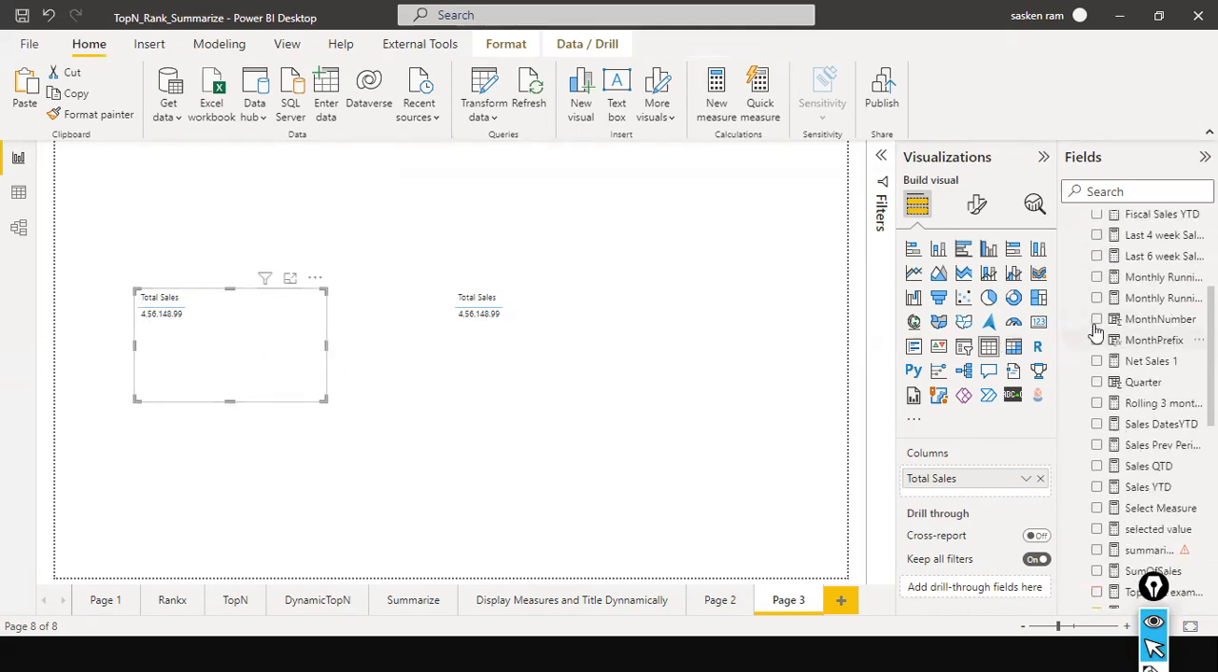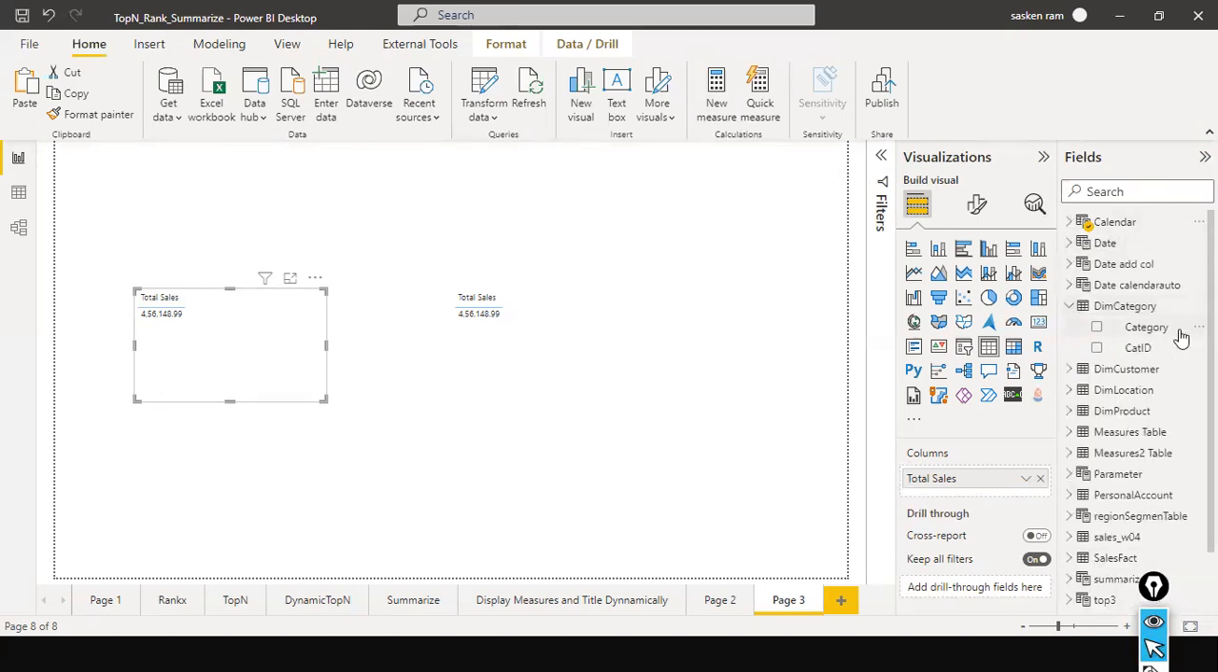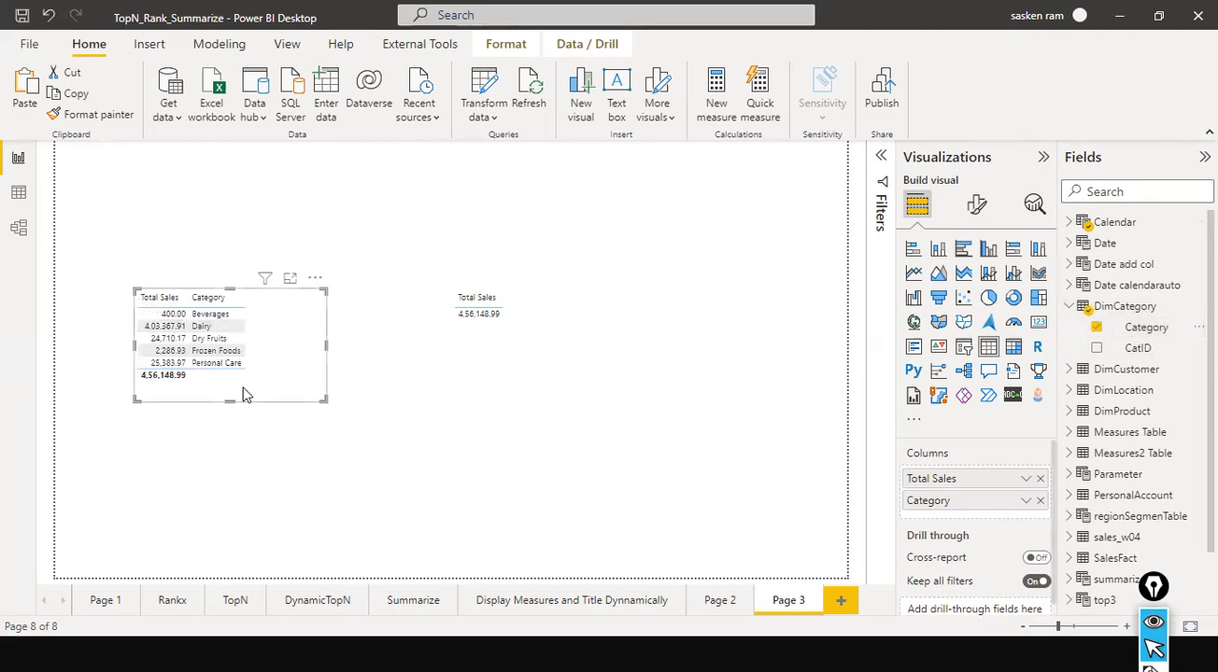Along with this, if I drop a text column, category is a text column, what happens? This 4,56,000 is the total sales. The moment I drop the text column, it gives me the breakdown of sales. In the beverages category, how much we sold in total. In the dairy category, how much we sold in total. That is what we can see. So I just move this up so that your category column will appear first and then